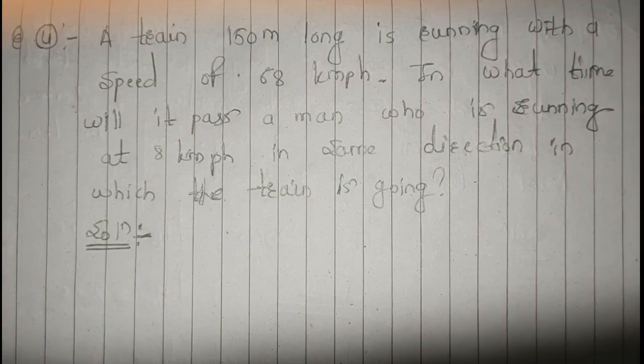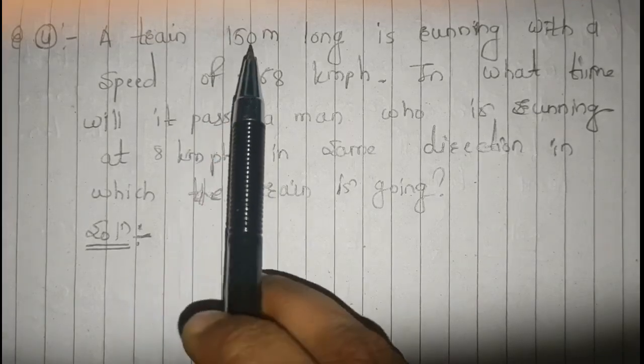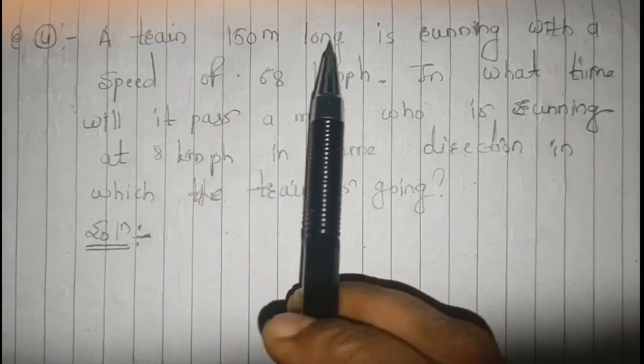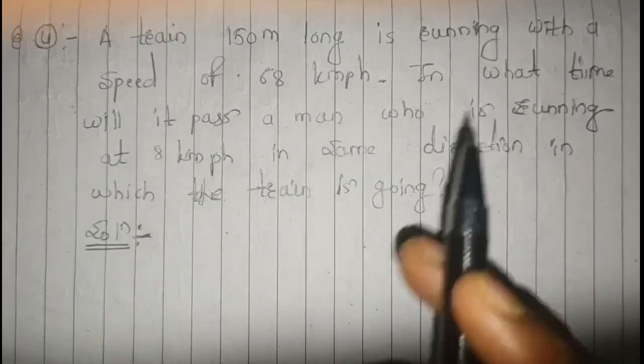The man was standing still, therefore we were simply considering the speed of the train. When relative speeds come into the picture, that is, when both of the objects are moving, we have to make sure that we are considering both of the objects' speeds. Here the train of 150 meters long is running with a speed of 68 km per hour. So the speed of the train is 68 km per hour,